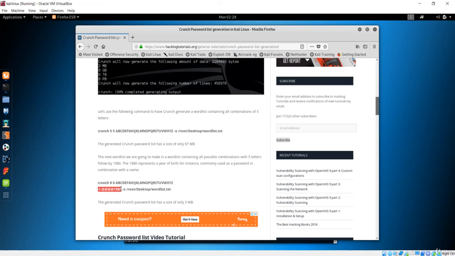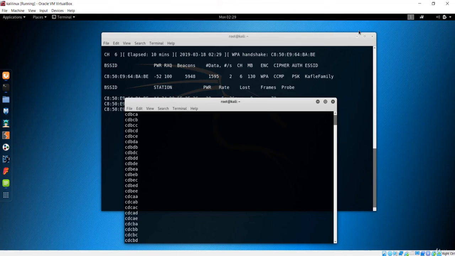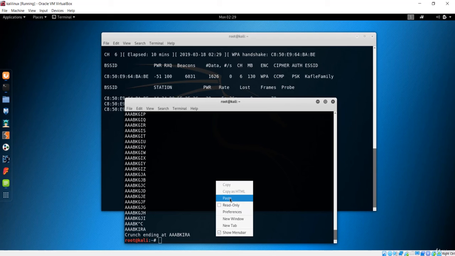This is the -t, that is the argument, and you know this -o option is to determine where this wordlist should be saved. So let me grab this one and show you what this means. Let's paste this, and you could see now that this is the -t argument, and the -t argument refers to the pattern. The pattern is basically this: you can see the @ sign over here and 1980s. That means the password should end with 1980, and there can be any digit or any number over here. And you could see we have given 8 characters to be the final password.